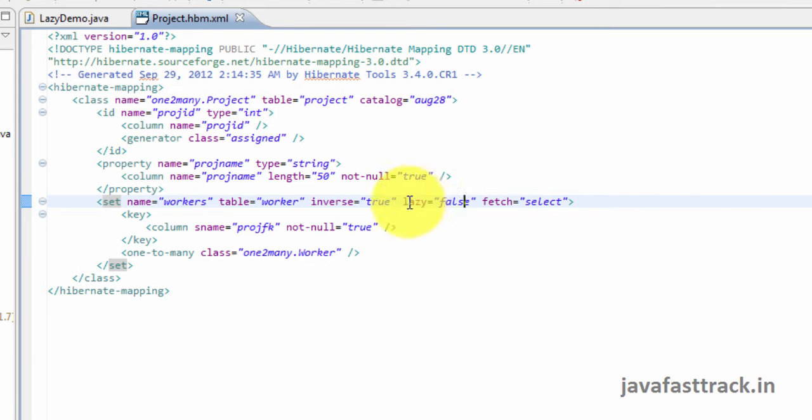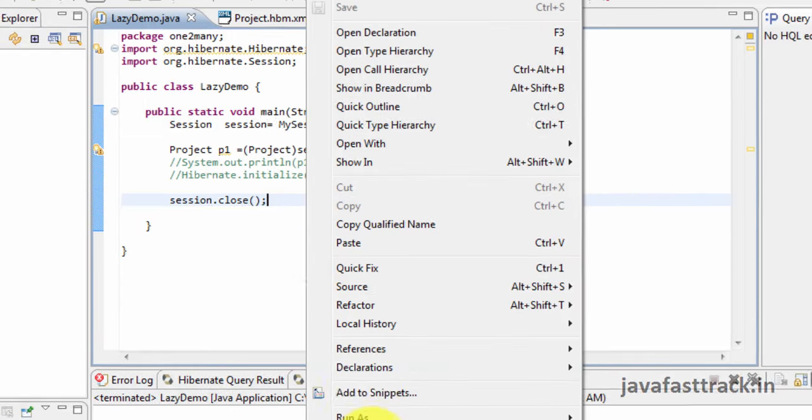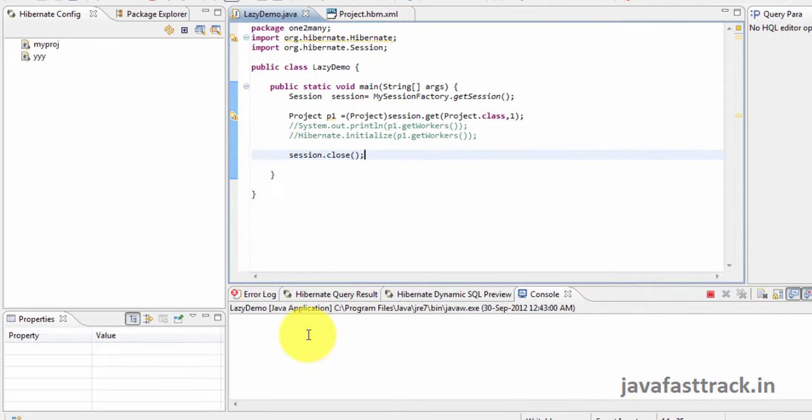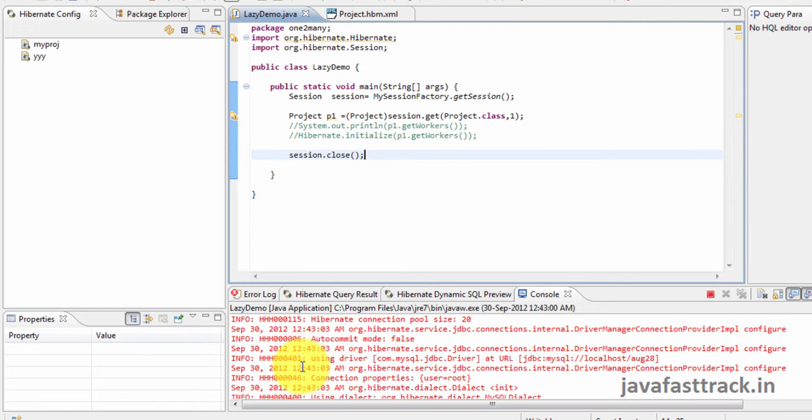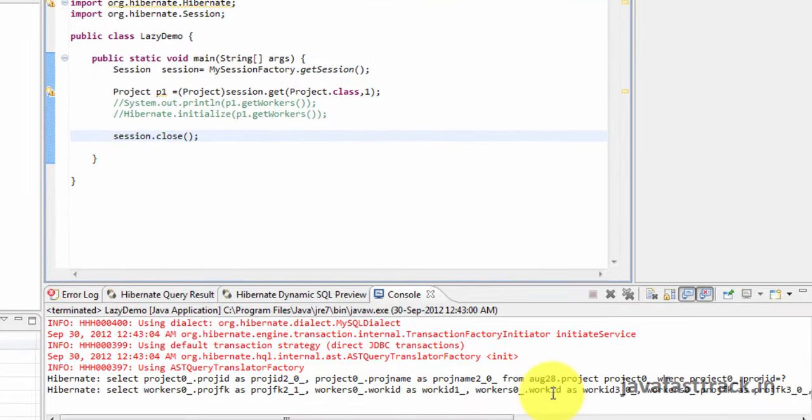Now Hibernate is not lazy, so it is trying to fetch the associated data. How is it trying to fetch the associated data? It fetches the associated data by writing two separate select queries.